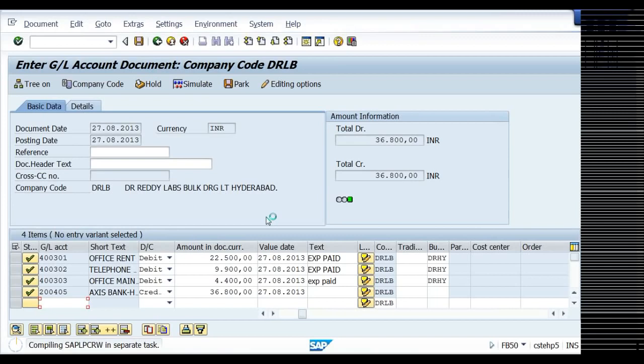It is taking this much time. There may be some problem with the server.